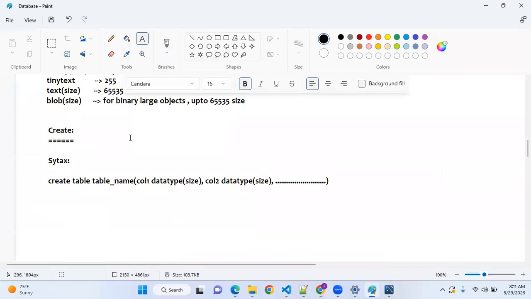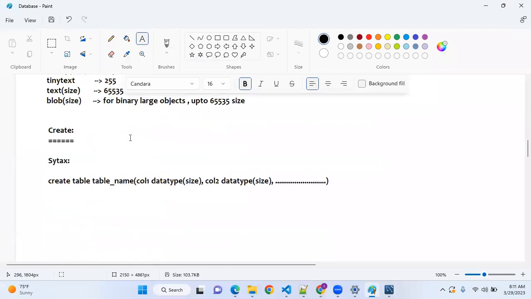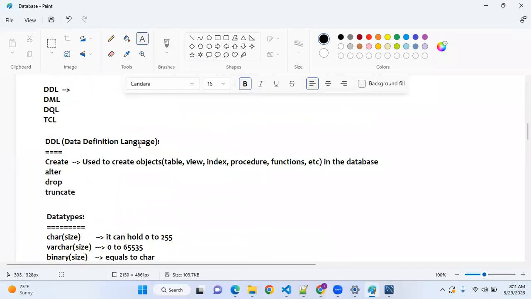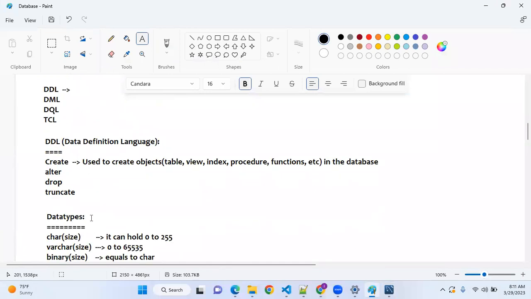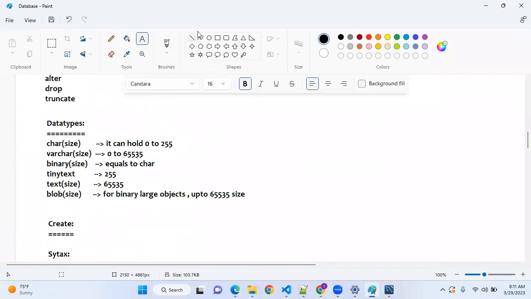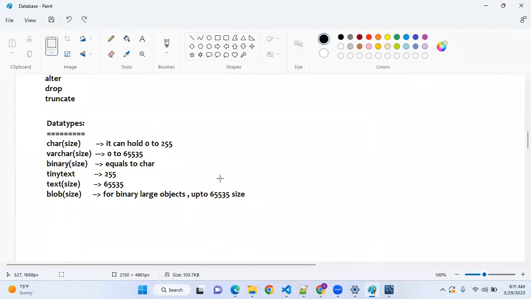The insert query actually comes under DML queries. DDL comes under create, alter, drop, truncate, right? Alter, drop and truncate I'll discuss later, because in this order we cannot discuss them; we need to have some prior knowledge before that. Data needs to be there.